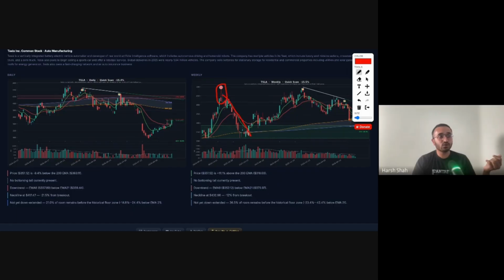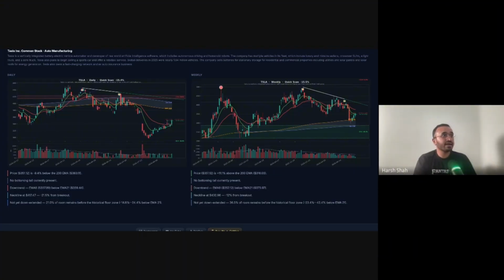It went all the way to 200. But if you look, what level did it go to? It went exactly to the EMA, which was the 200 EMA. And now recently Tesla has collapsed as well, and it exactly came to the EMA zone like here. And it is again reversing. The EMA was around $300 and right now it's trading at 350.